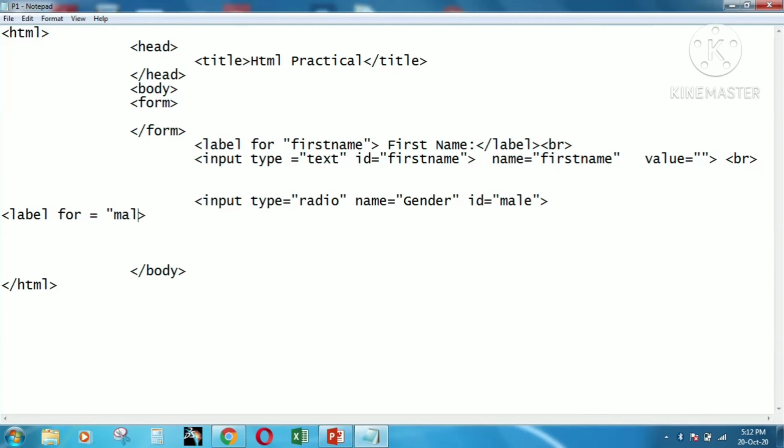Label for male, capital MALE, capital M here, it will display on the screen. Close the label tag.